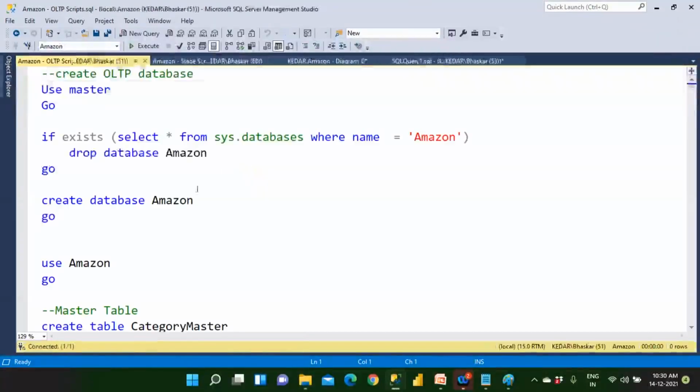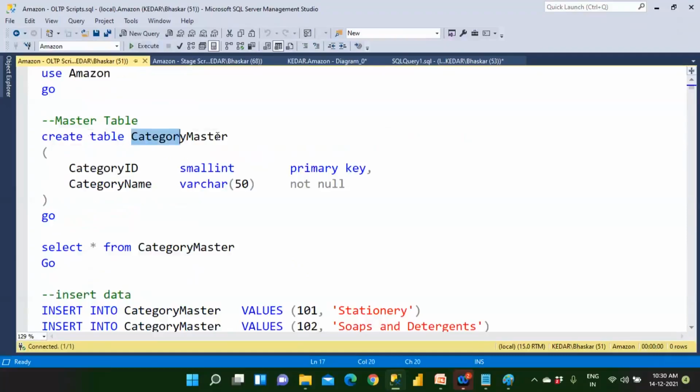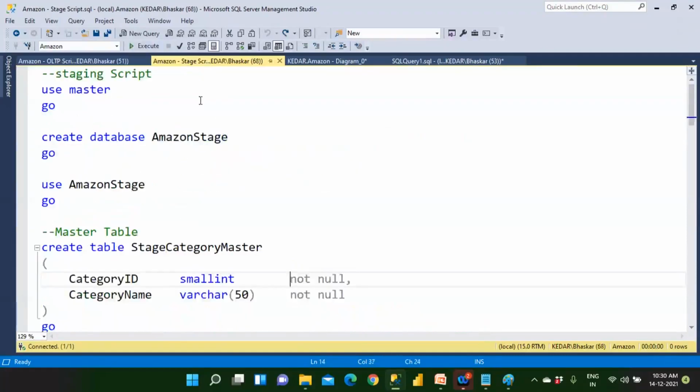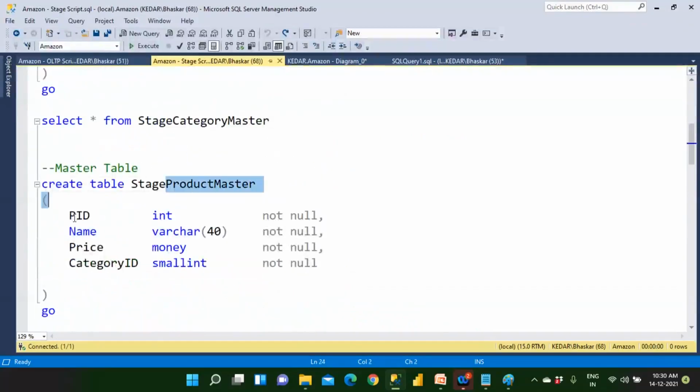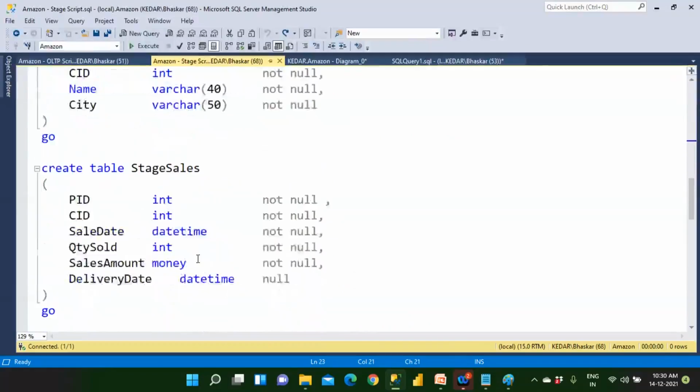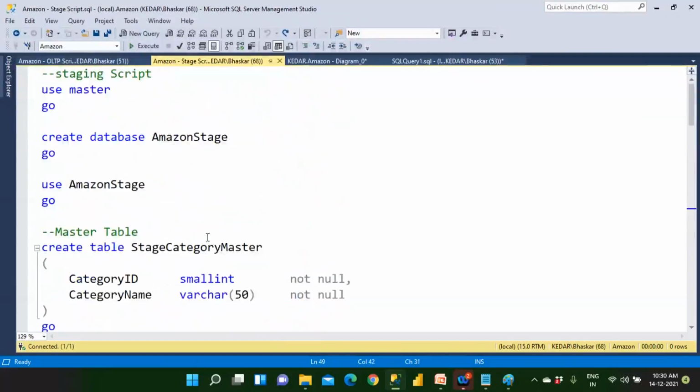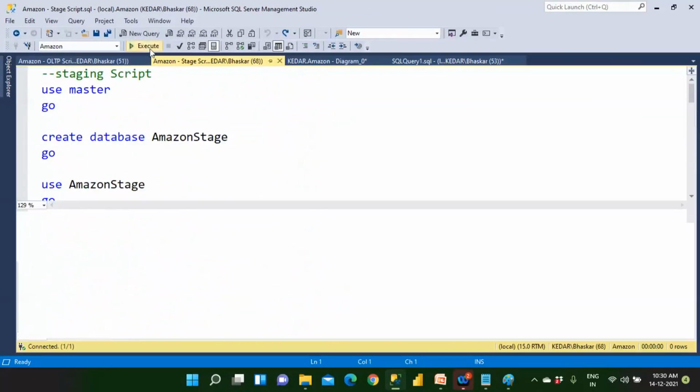Understood? So what is the table here? Category. In the staging database, it will have a blank table called stage category master. You will have a stage product master, same columns, same data types, everything the same. It does not have any kind of primary key and foreign key. Now, this is the one script you need to run. So when you run it,